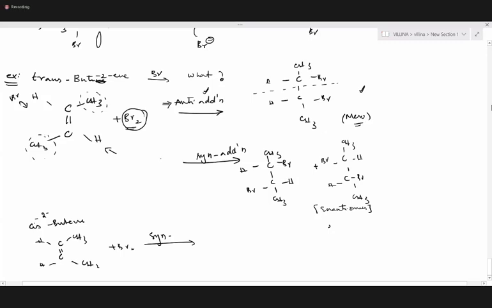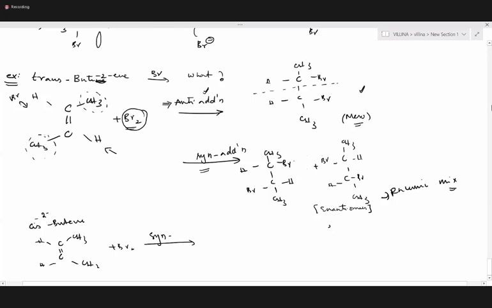When we are performing syn addition, syn means in sync. Both the bromines will be added from the same side of the plane. So if that's the case, we have two types of isomers for the trans-butene. One is dextrorotatory, the other one will be levorotatory. So we end up having a racemic mixture in the products.